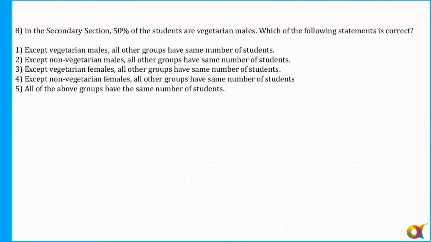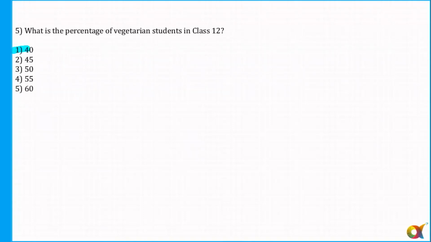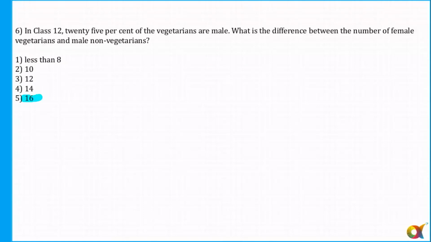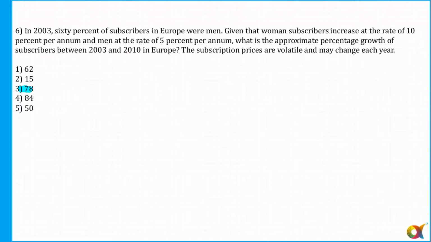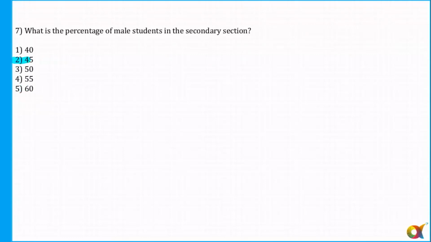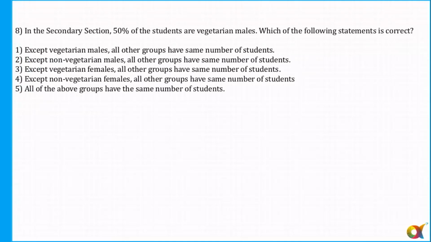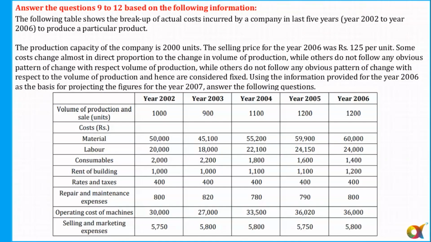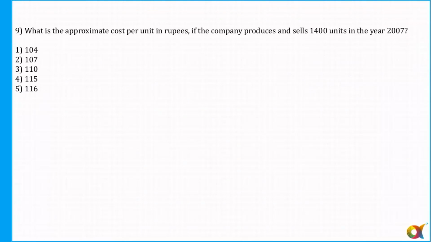And for question number, okay, I think just a minute, probably marked here. Okay, 5 is there. Okay, question number 6, the answer is option 2. Okay, alright. For 7th, it is option number 3, not 2. For 7th, it is option 3. Okay. For 8th, the answer is option 2. Alright. For question number 9 to 12, let's see.